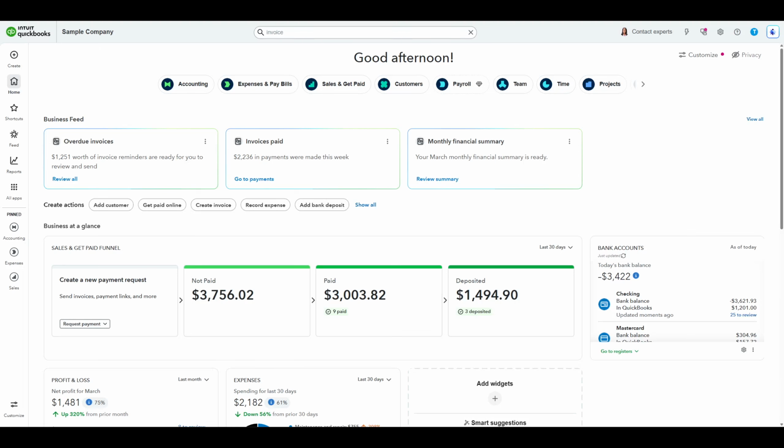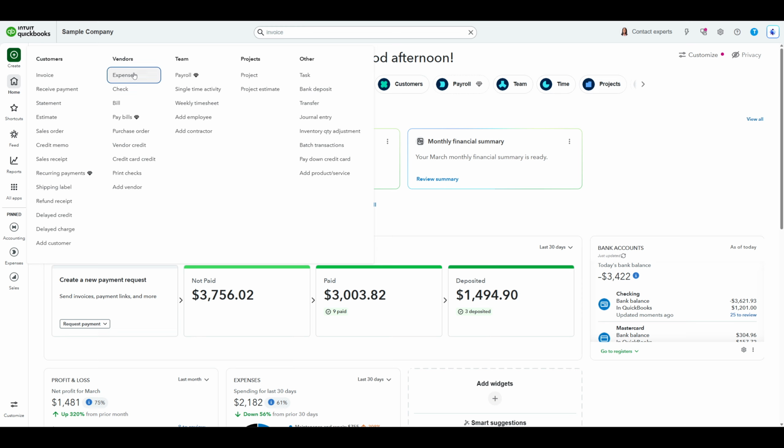In today's video, I'm going to teach you how to create an expense in QuickBooks. We'll start right inside QuickBooks Online. From your dashboard, click the plus new button, then choose Expense. This opens a clean form where you'll record the details of what you paid and why, so your books stay